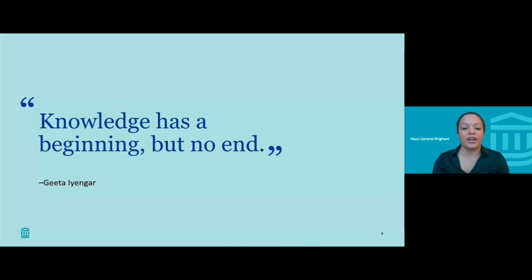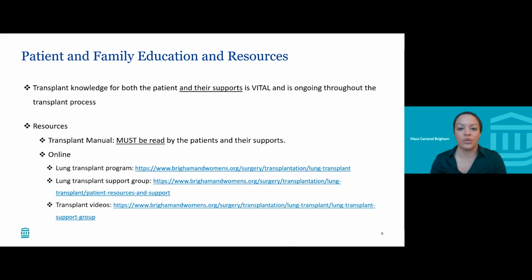I have this slide here of a quote, "Knowledge has a beginning but no end." And this is an important thing to keep in mind, as throughout the evaluation process all the way through post-transplant, education will always be important for your outcome, for your knowledge, and for your ability to cope through the process and communicate with your team. Transplant knowledge is for both the patient and their supports, and it is vital to go through the transplant process. The more you know, the better you will be in the post-transplant